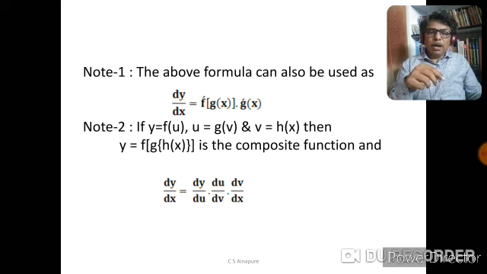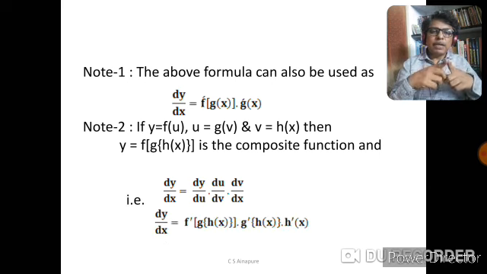See how interesting the relation we are getting. dy by dx is equal to f dash of g of h of x into, now f is removed, go for the derivative of the next function, it is g dash, keep h of x as it is, into, now remove g and go for the derivative of h, it is h dash of x. So we can use the chain rule in this form also.